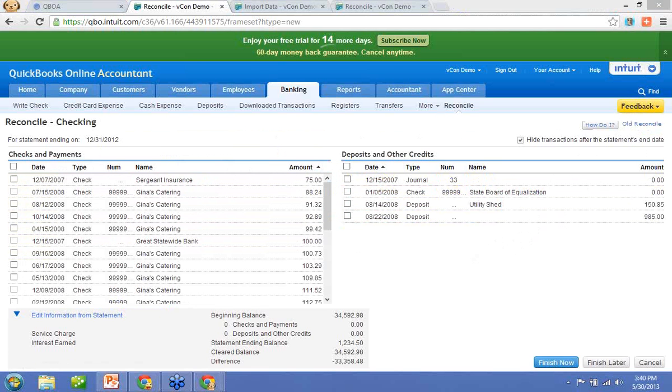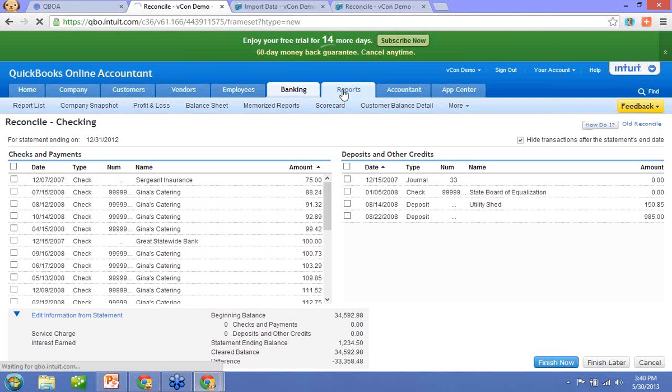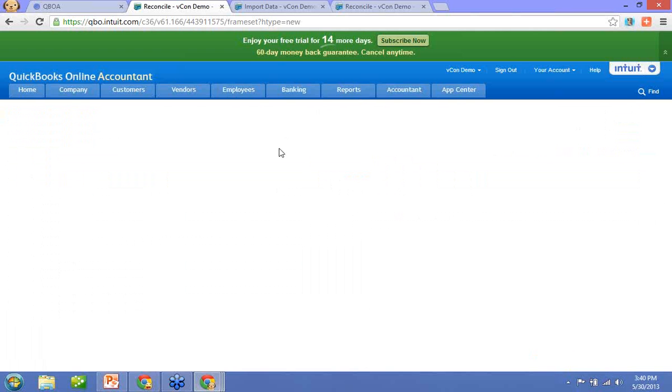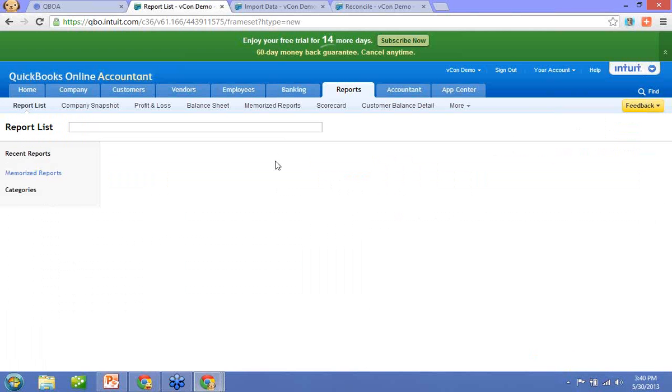Let's see, did it show that a comparative balance sheet is not available for clients, only the accountants? It's ready-made in the accountant edition. You would have to modify it some for the clients in the QBO version, which brings up another good point. Let me go ahead and go into the reports, because you can customize those reports